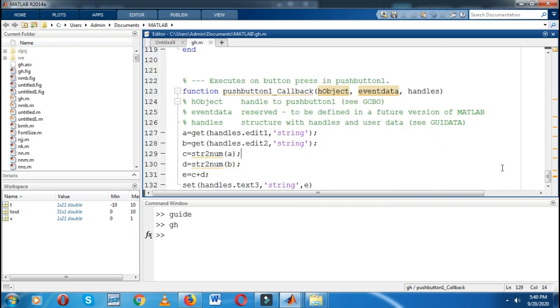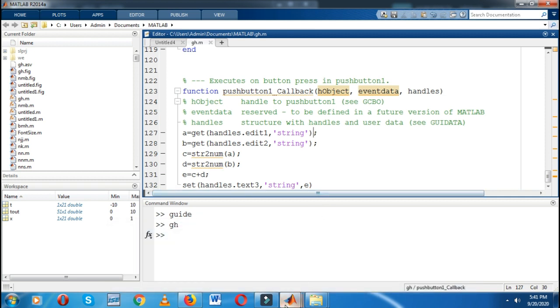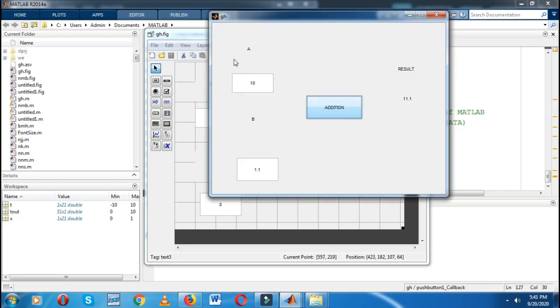Initially I have taken this function, that is get handles, the first edit1, second edit2, then I have converted that string to number, then I have taken the addition, and finally I have put that value into text3. So that is the final graphical user interface. So like this you can make a simple and basic graphical interface.